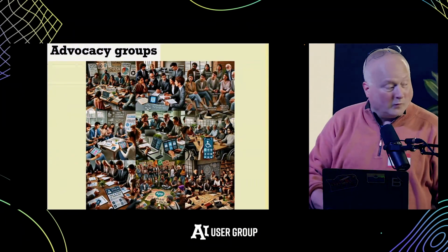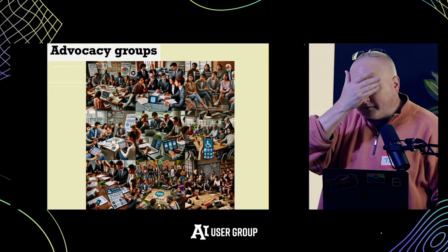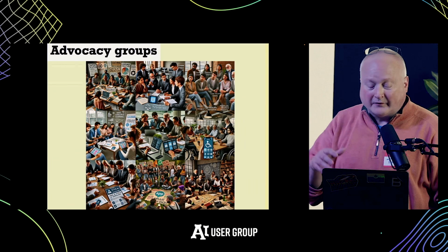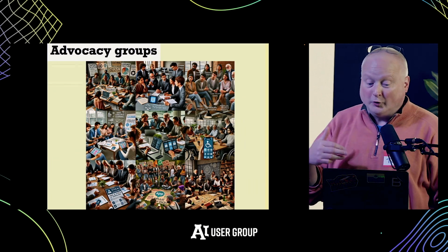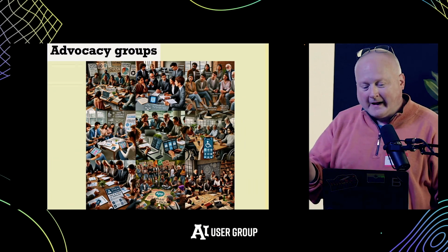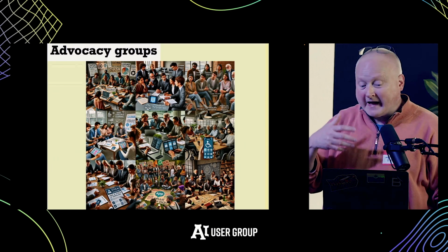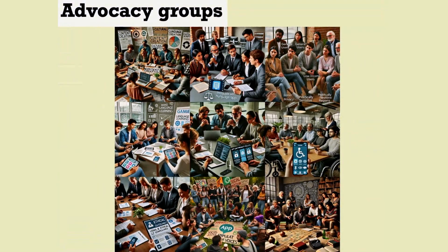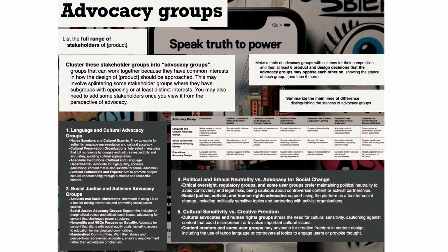Oh, and one more. Advocacy groups. This is a new way of thinking about a persona, because each persona is a group. I asked it to create categories of different audiences that represent different value systems related to the app. So it's got all these different advocacy groups, like the content creators, an ethical committee, accessibility advocates. And you can get all these people to give their different opinions about design.